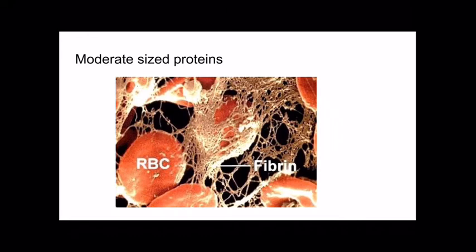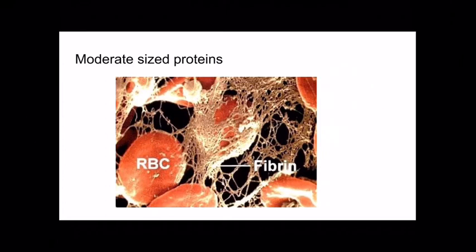So that's on your notes, it's listed in the moderate sized proteins, some of these like cellular structures, such as structures that form the shapes of cell membranes, or just support the inside of cell membranes, like the flagella of a sperm cell, or the axon of a nerve cell, or dendrites of a nerve cell. So those are all cell membranes that hold specific shapes, and it's proteins inside that cell, moderate-sized proteins that mold and shape the cell membrane from the inside and help to hold it in shape.